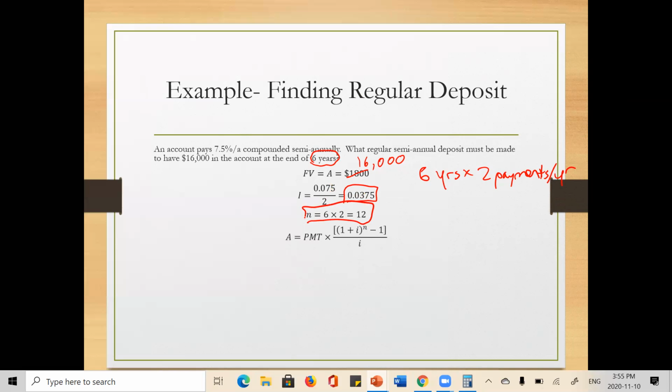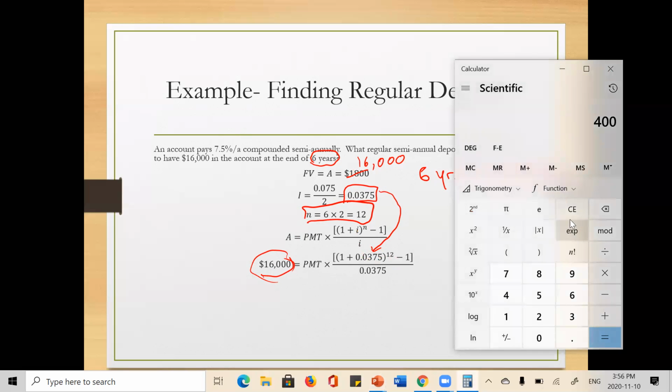So what I'm going to do is simply sub it into my formula just like before. I know my A value is 16,000, not 1,800. I apologize for that. It is 16,000, and then I'm simply going to sub in 0.0375 into the formula to replace for I. And I go through the steps here, and once again, I'll show you in a calculator how to do this. So going step by step, we have